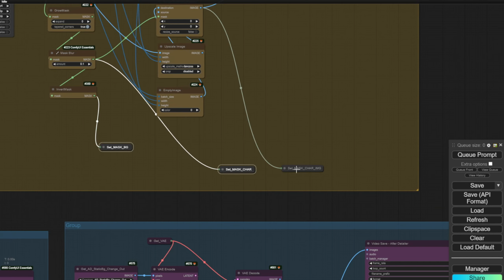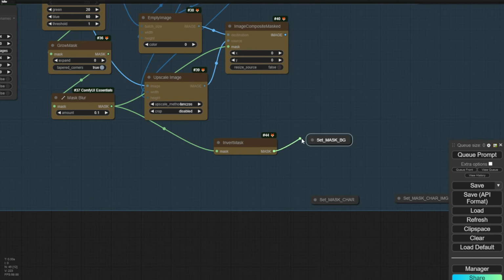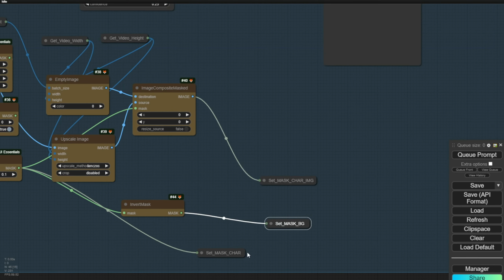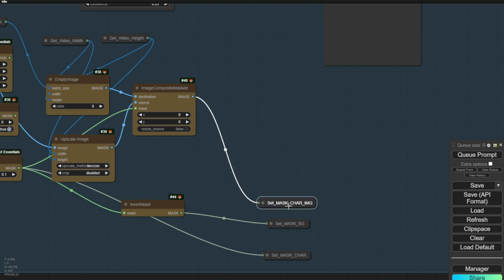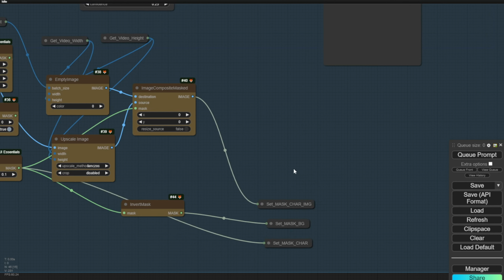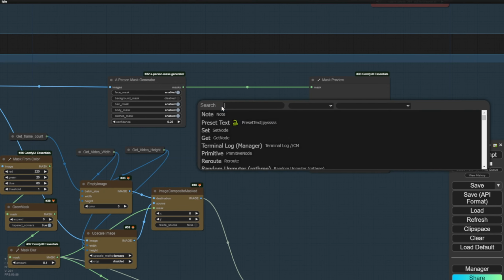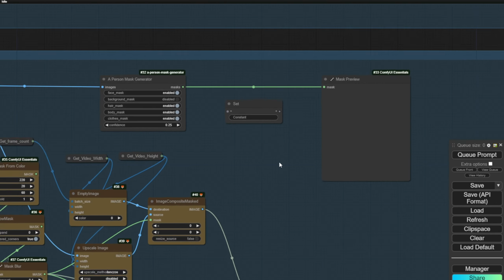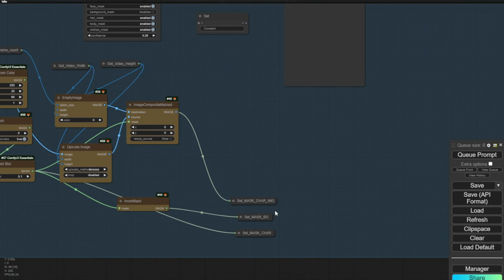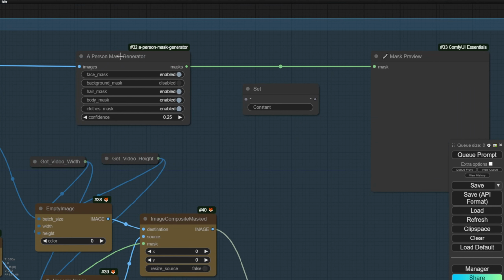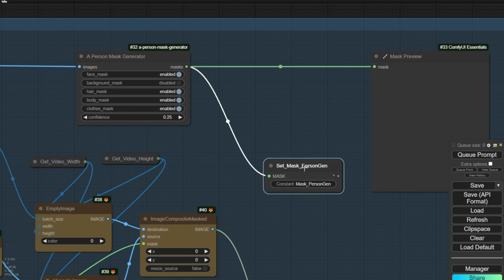By the way, we need the output as well. So let's get this output from my existing workflow and put that in here as well. And we set the mask background, set the mask character, and we set the mask image, which is from here. Now, this is one method of outputting the mask, and this one is another way of outputting the mask as well. So for this new method, I would do that for the mask person. Let's name it something else like mask person gen, just to better remember this mask data output.